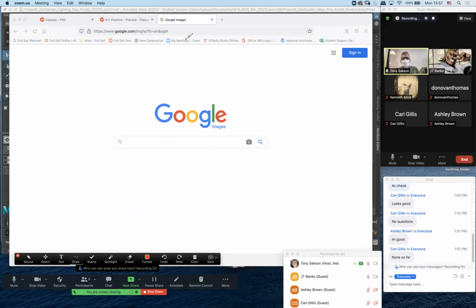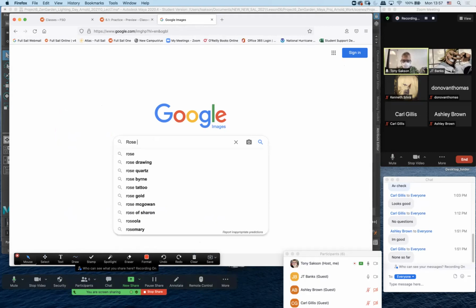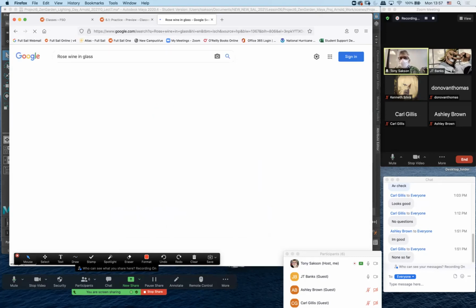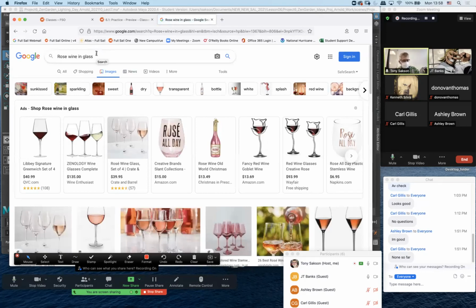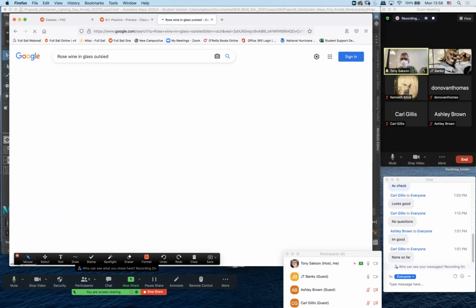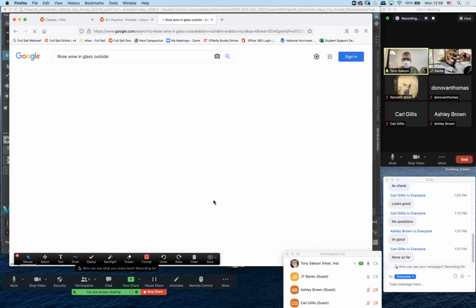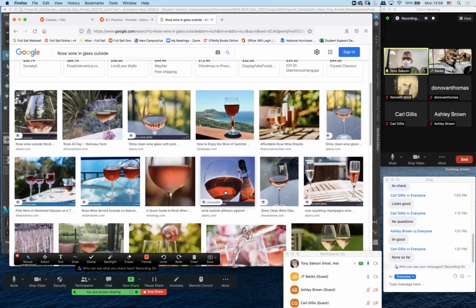All right, so Google Images. And outside. And tools. Make sure it's as big as possible. There we go. All right, so one thing you want to avoid is super dark wine that's virtually impossible to